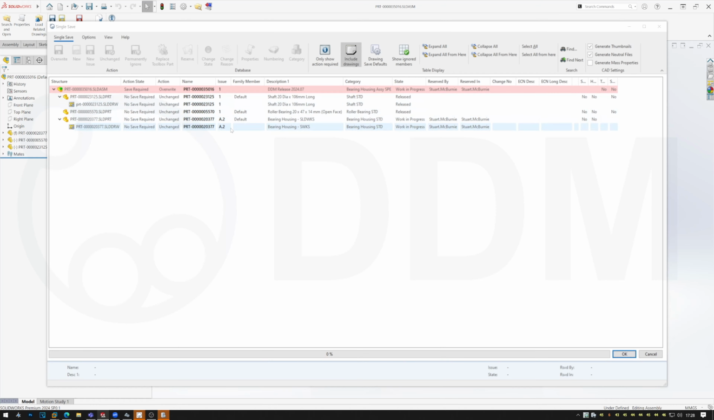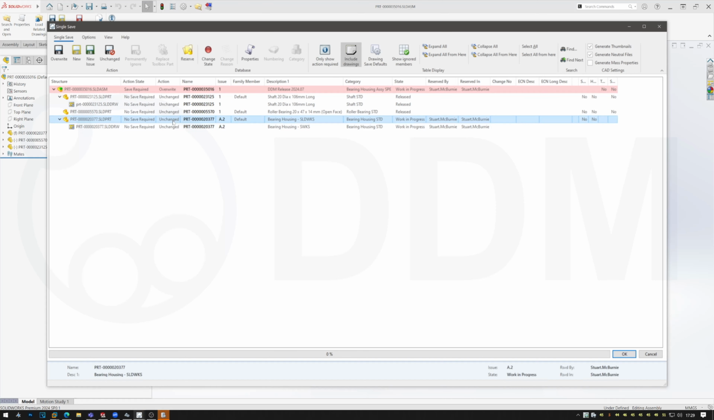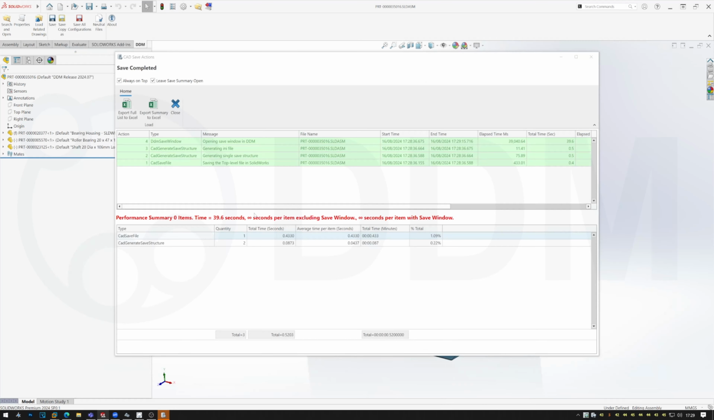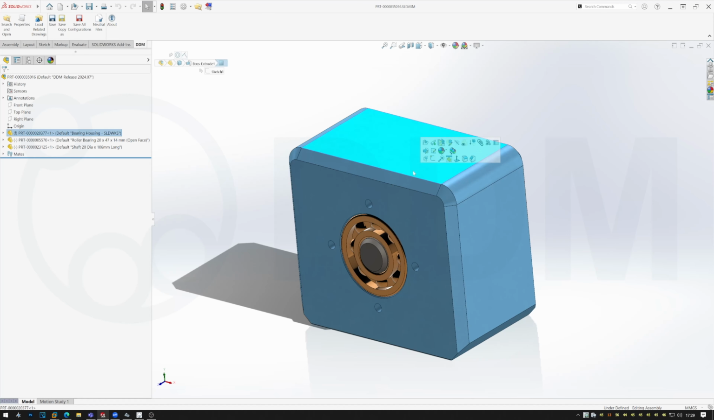We then get what we call our single save window, that, unlike the previous integration, now shows the structure of what we're saving. I haven't made any changes to my assembly since I loaded it, so all I'm seeing here is the option to overwrite the parent assembly. These are released items apart from this part down here. So if I cancel my save, let's say I'm still working on this assembly,